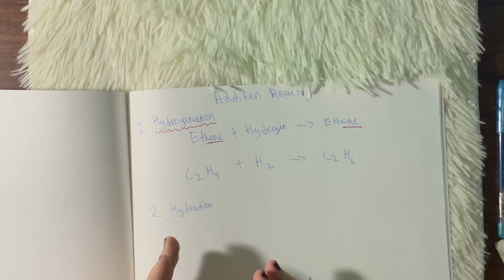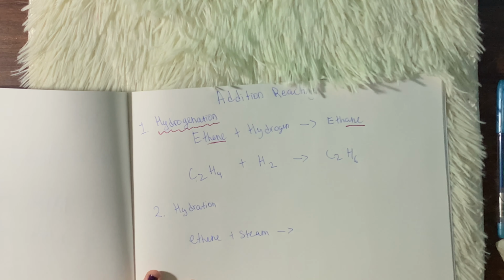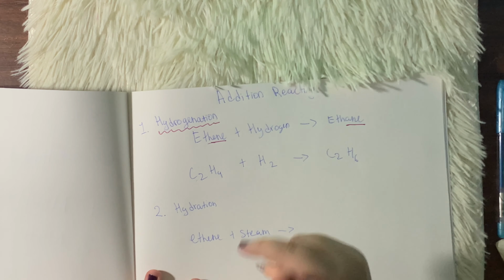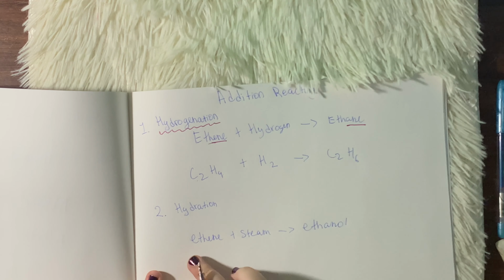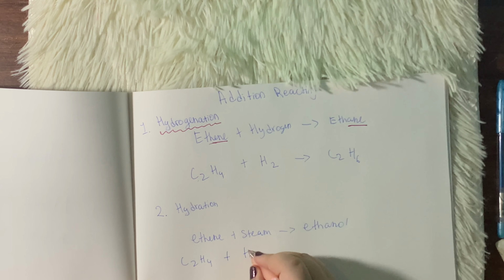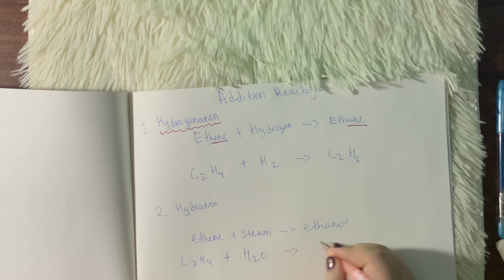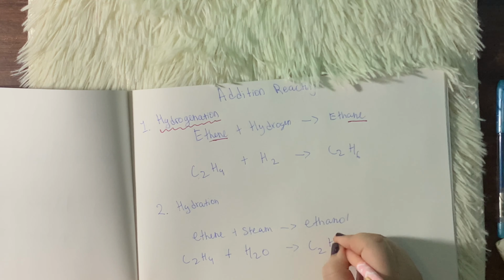So this reaction is also an addition reaction, and like I said, it uses steam. So ethene plus steam gives us ethanol. Now we know ethene is C2H4 with a double bond, and steam is water, H2O, which gives us ethanol. Please memorize this: C2H5